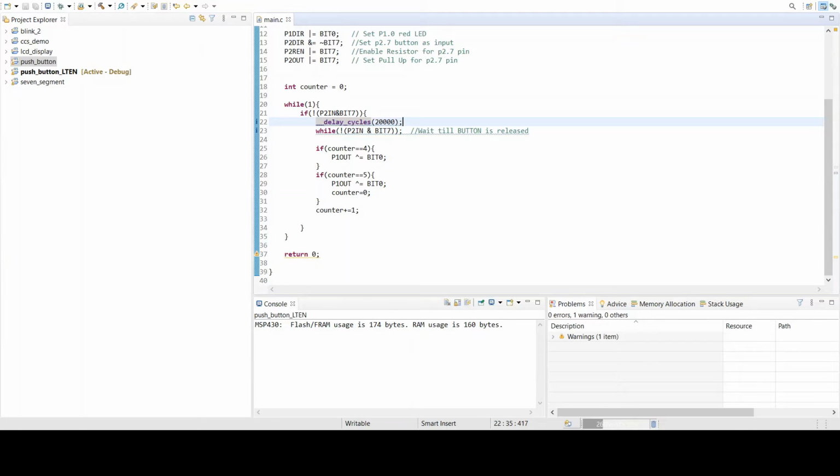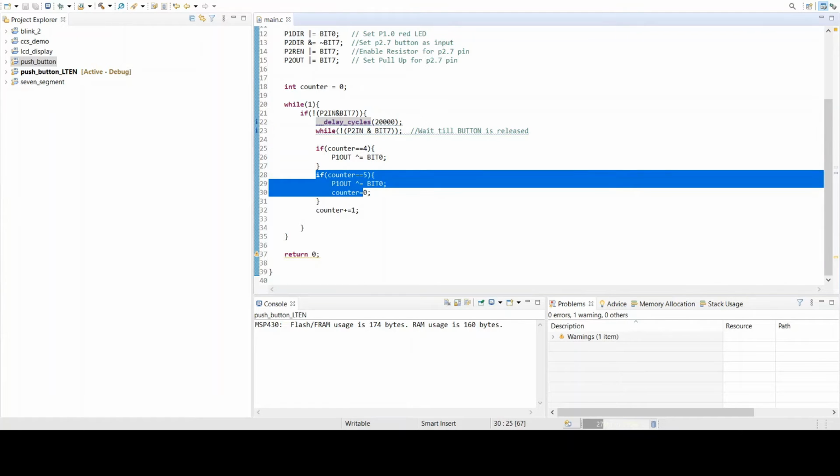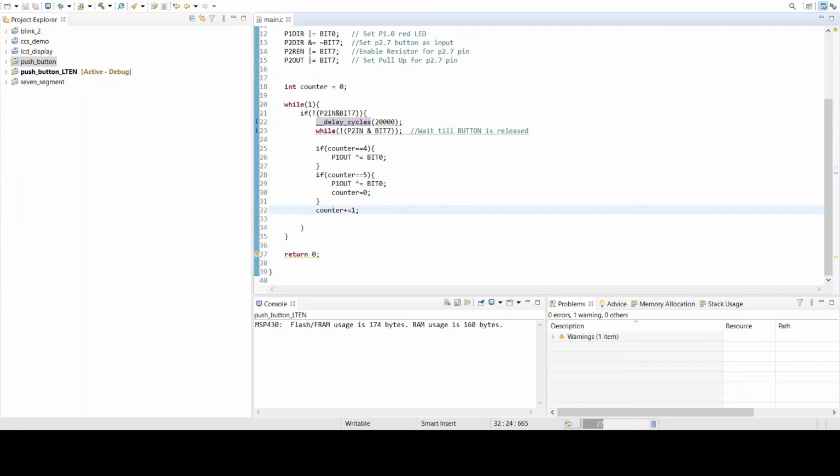Now, once we know that this button is still being pressed, we do whatever calculations we need to do. If the counter is 4, we're going to flip the output state, and if the counter is 5, we're again going to flip the output state and set the counter to 0. So this is going to be the on state when the counter is 4, and when the counter is 5, basically we're going to flip it back into the off state. And at the end of the loop, we're going to, of course, increment the counter variable by 1 so that it keeps progressing. So the key part here is the XOR operation. P1OUT will be off by default, and whenever we XOR with BIT0, we are just flipping the LED output. So this core code will run for an infinite amount of time, and this basically sums up what we have to do